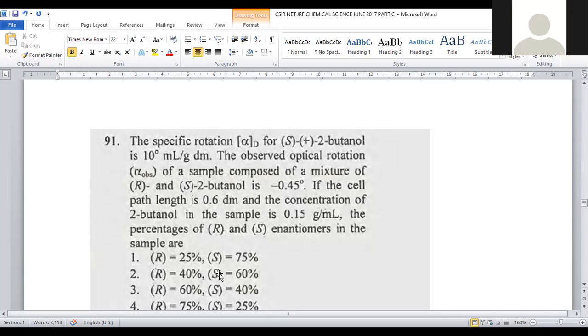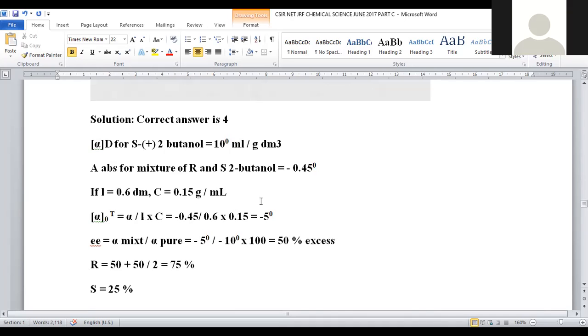Okay. So in the given problem, we have to predict what is the composition of the R isomer and what is the composition of the S isomer. R and S notations are the optical notations provided by using the Cahn-Ingold-Prelog rules. How much R isomer and S isomer is present in the given compound, we have to predict. The compound given is 2-butanol, and its specific rotation value is also given, right? So let us go with the parameters provided within the problem.